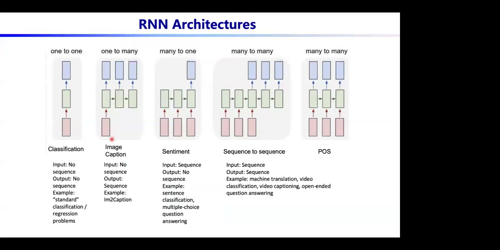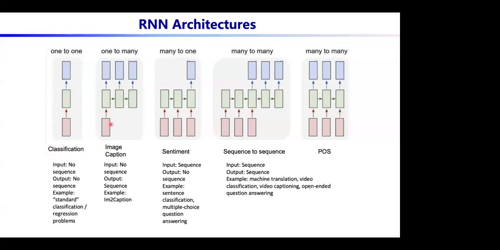Also, depending on the task, our neural network can be of different forms. Remember that the input is always from the bottom, the output is always on the top. If it is one input, one output, it is simple, no matter what kind of network, whether it is wide, fat or not, it is very similar to a CNN. The only difference is in the architecture. This is what we are familiar with, the classification model.